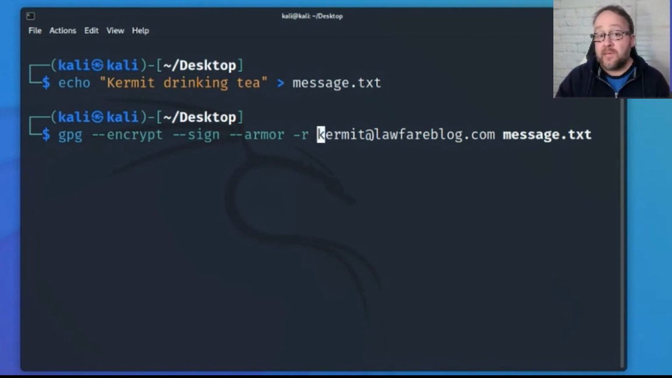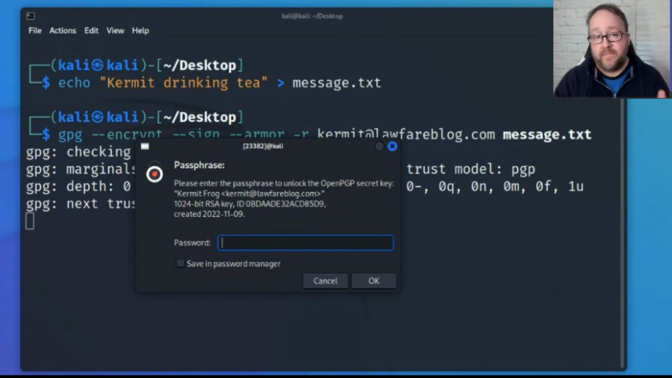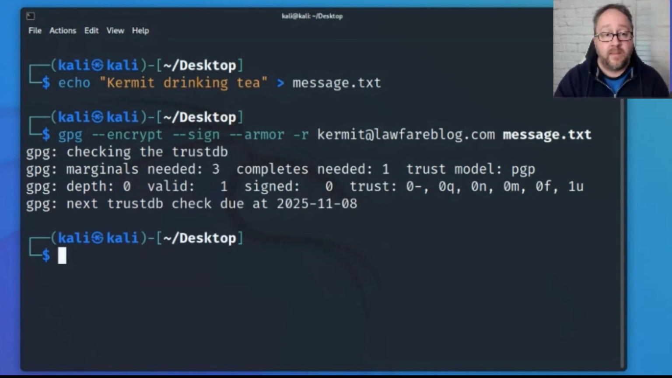And then we're going to use the key, kermit@lawfareblog.com, which is now on my system. If you called the Muppet something else, it'll be Fozzie or whoever you chose. And the thing we're encrypting is message.txt that we just created. And I go enter. It's going to ask me for that password that we set, right? So I'm going to do Callie because that's the weak password I set. And bam, now we have